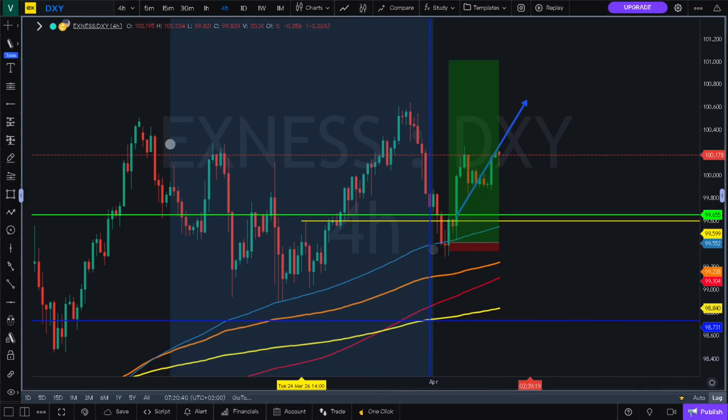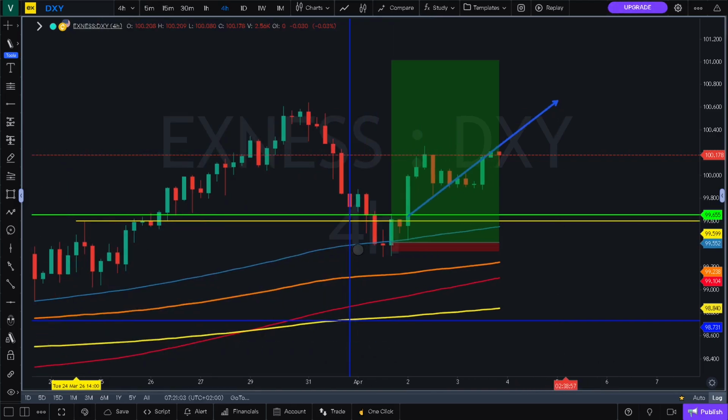As soon as we went to the bottom of this, more liquidity was grabbed, retesting deeper levels and also our 200 moving average, and it started making bullish patterns. This is where we got into it when we found these bullish patterns, of course the morning star candlestick pattern. It got confirmed earlier in the lower time frames, and this was still a fantastic move to the upside. So traders, this is the DXY.